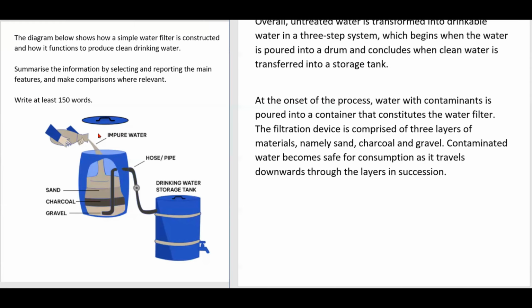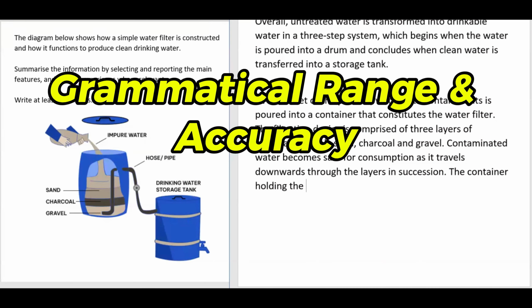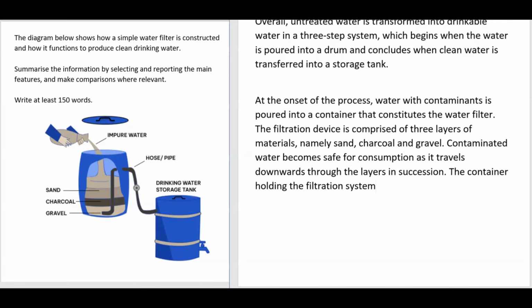So I can probably mention the lid. The container holding the filtration system. So instead of water filter, I'm saying filtration system has a lid